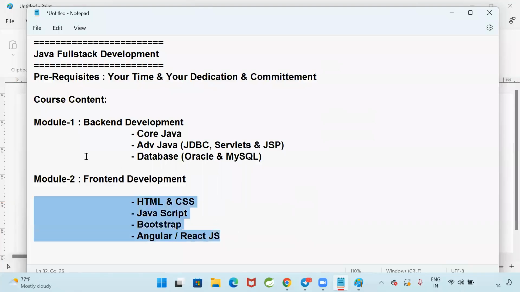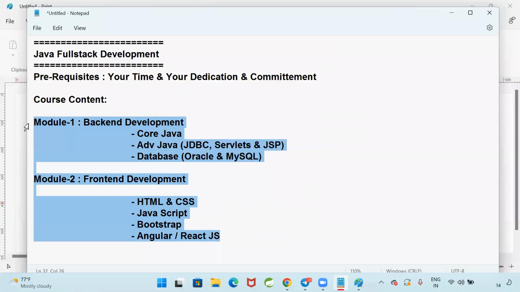Module 1 and module 2. Now, anybody who is doing their graduation, BTech, second year, third year, fourth year? No? Fine. Anybody who is doing their BTech, undergraduate, okay. So for undergraduates, these two modules are sufficient.